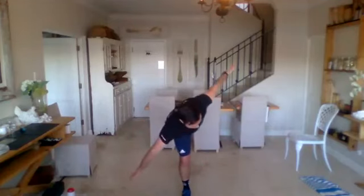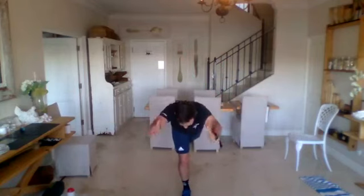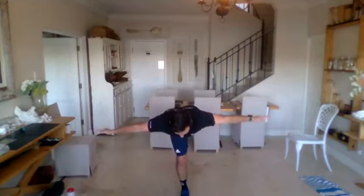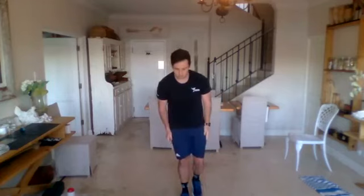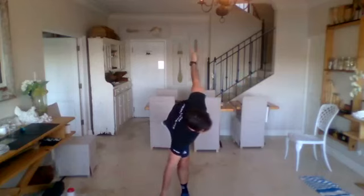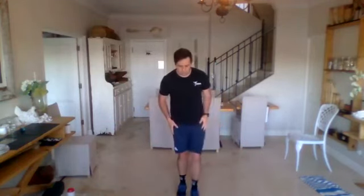Out to the side, open, up, together, 4. Should feel the hamstring starting to burn a bit. Out to the side. Rotate to the front, 5, and the last one, down, out, rotate to the side, bring it back to the middle, and up, 6. Okay, swapping legs,